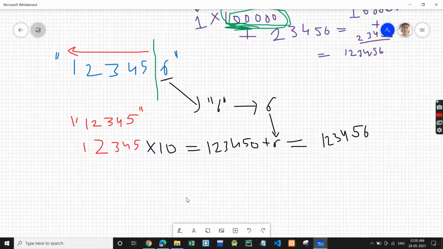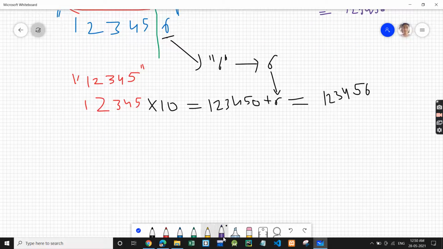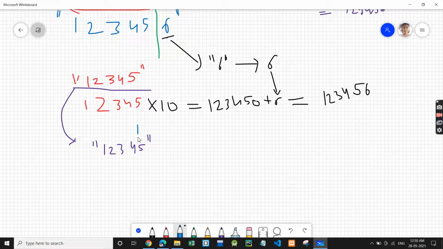Now how it is easier than the previous one, let's see that. So we have to explore more. Let's do some more recursive calls, right? You'll understand. So when we passed this to recursion, right? When we passed this 1 2 3 4 5, now again we will divide from here, right? And what will be passed to recursion is 1, 2, 3 and 4. This will be passed to recursion again.